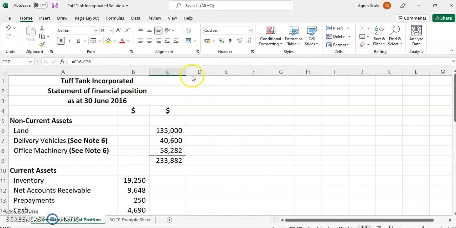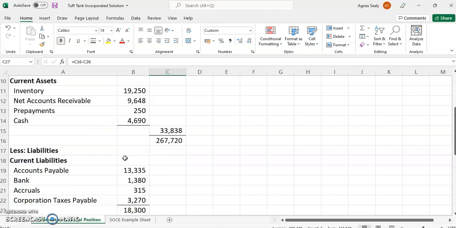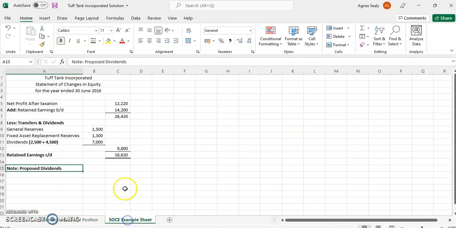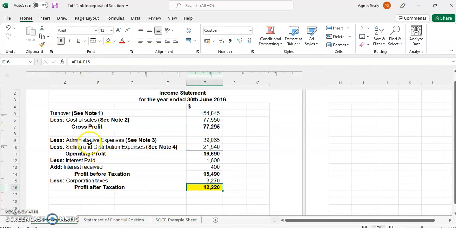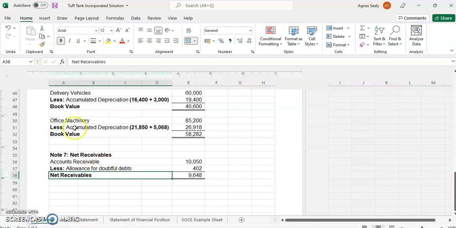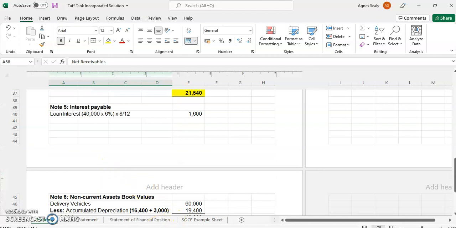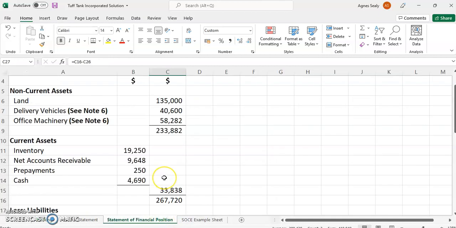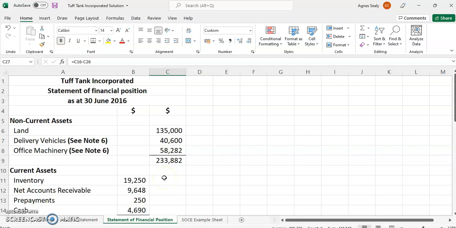So now you see how we go about doing our condensed version of the statement of financial position, with respect to the statement of change in equity, the condensed version with respect to the dividends and the proposed dividends, and our condensed version of our expenses, etc., and our trading section for the income statement, and all of our notes will be all working that we would have prepared. So that's it with respect to published accounts, and I trust that you would have learned something within these sessions,